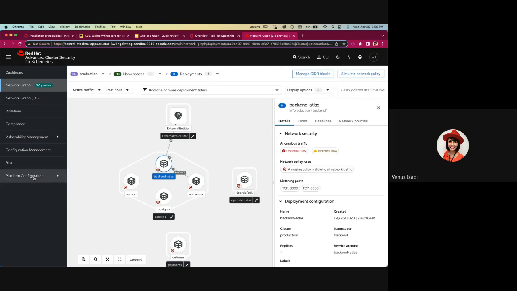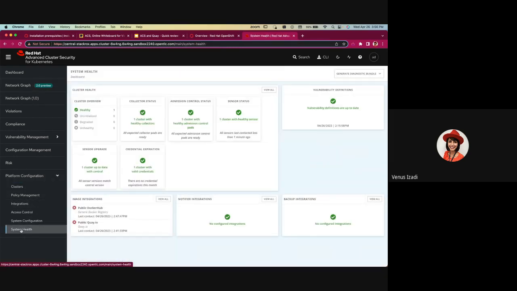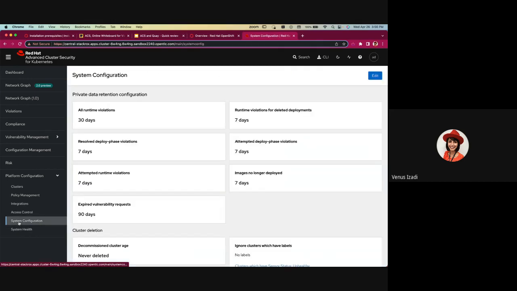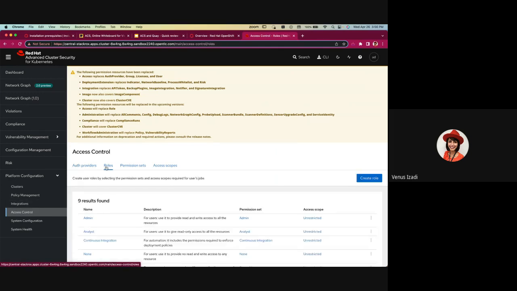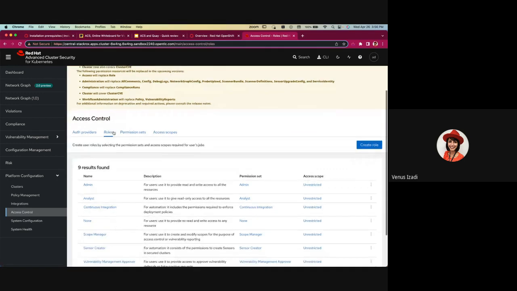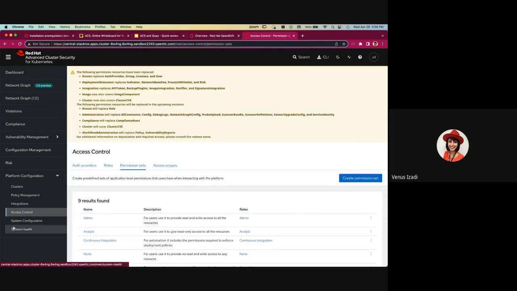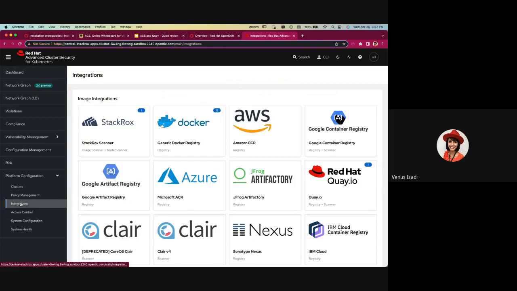everything. It was a high level, and we quickly touched on everything. These are just all the items that you can also go through for yourself on your own time: the system health, the configuration of the system, the access control. As in any Red Hat product, you can always have the access control defined for users, what roles they can have, what permissions they can have, and oh, this integration part that I wanted to